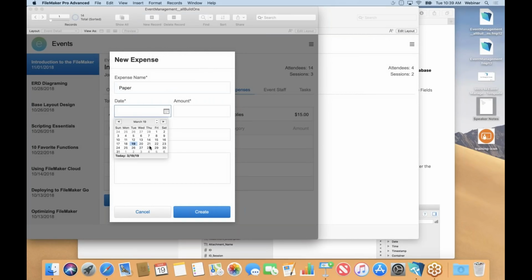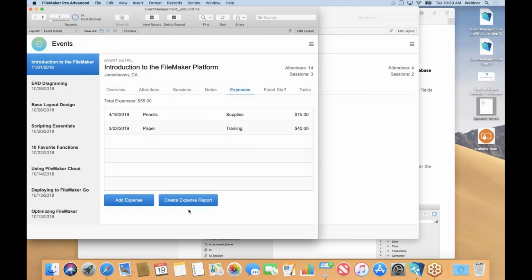And we need to buy that by the weekend, and that's going to be about $40. And the category is training, and any additional notes that I might need. And you can see how easy it is for me to keep track of my expenses. So not only is it giving me line items here, but it's also giving me the total up here